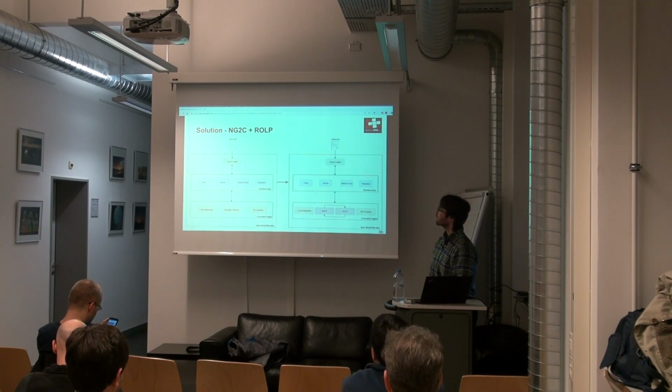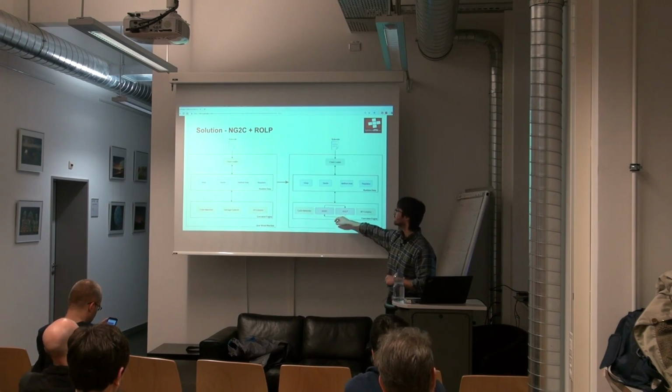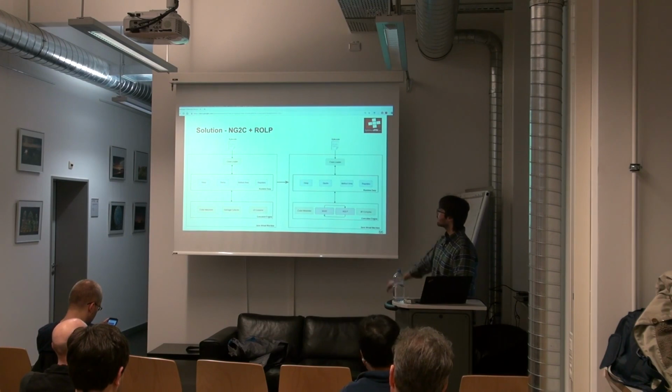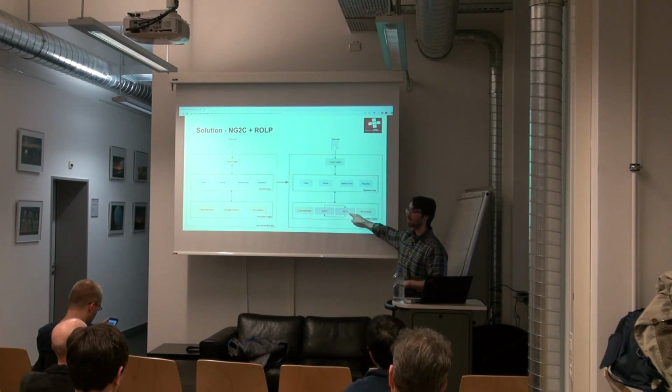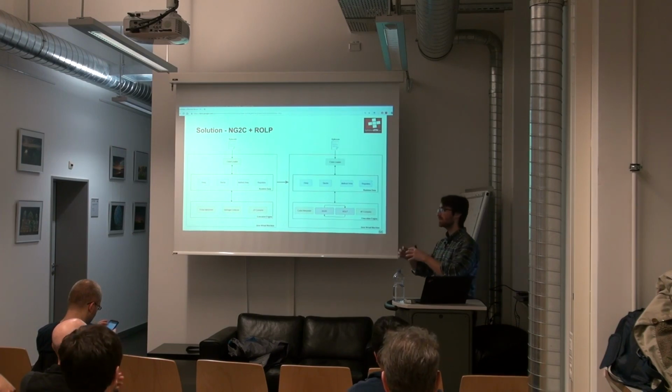Okay, so in practice what this means is we are going to replace the collector that we have in OpenJDK HotSpot by two things. One is a collector that we implemented, basically a variant of G1, a slightly different collector, coupled with a Runtime Object Lifetime Profiler, which is going to determine the lifetime of objects upon allocation. These two things coupled will allow us to allocate objects in a specific space of the memory, and the memory will tend to be clustered around the lifetimes of objects.